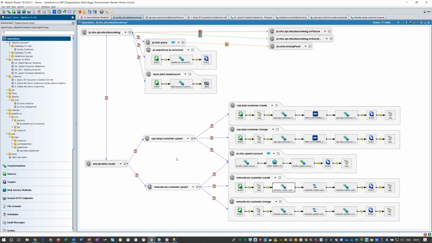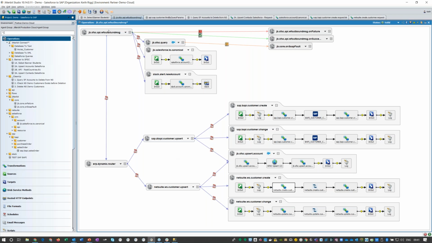Once you have Jitterbit in the middle, it provides that abstraction layer, much like virtualization did in the kind of computing world. It allows you to have a longer life expectancy and almost have an evergreen, immortal strategy. So you have a hub with spokes, and you can swap out the spokes far more easily than you can if you have a tightly integrated point-to-point kind of spaghetti type arrangement. So that's the power of the platform.